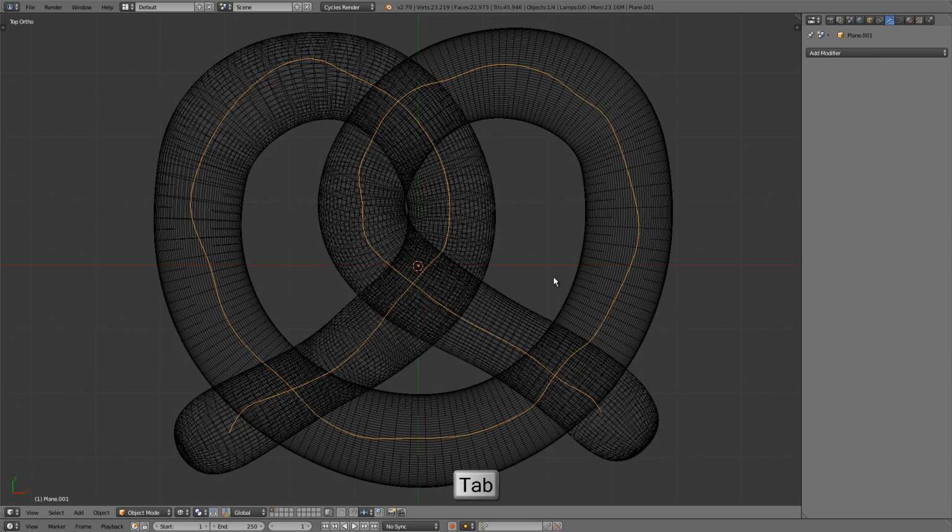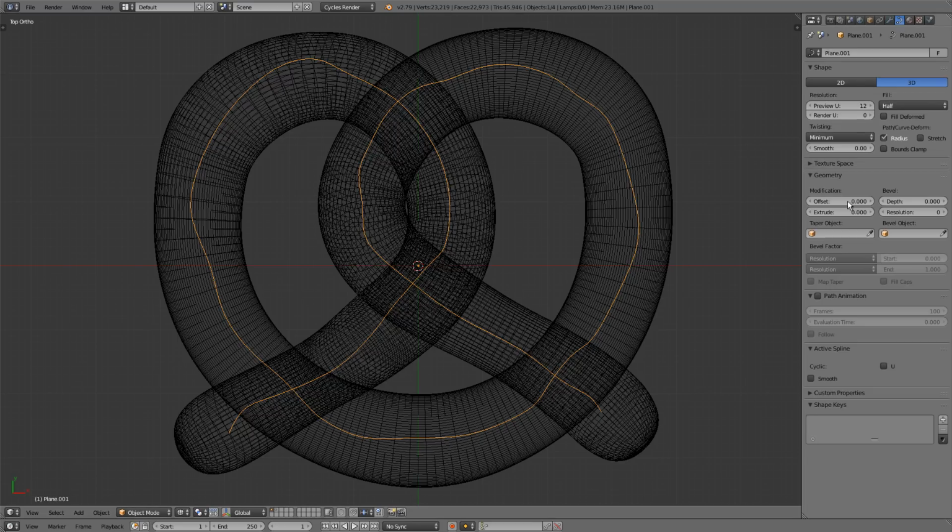Let me tab out of edit mode now, and let's go up to the object data buttons by clicking on that icon there, which is going to give us our curve options. Now instead of simply using the bevel depth option here, which is going to extrude a perfect circle along that path, we're going to use the option below that called bevel object. This enables us to create our own curve shape and have that extrude along the path instead of a perfect